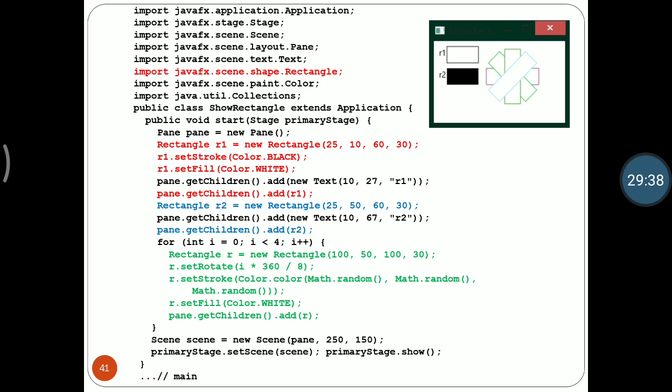As in the figure we can see our rectangle R1 has color black and set fill color white, meaning the border is black and the middle part will be white. Our rectangle 2 has color black and it is set fill also black, so it will be black.